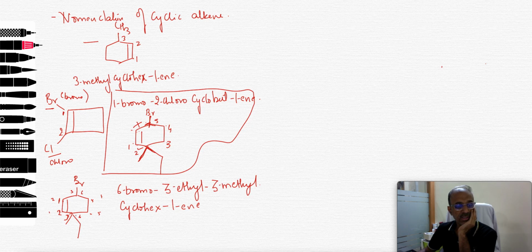1, 2, 3, 4, 5, 6. Since this is the more complex one, it has two branches, then this has to be given the first preference. So it will be 1, 2. I can't go from here 1 and 2 because the double bond is starting from here. I have to take the complete double bond. So it will start from 1, 2, 3, not 1 and 2. Okay? Then 1, 2, 3. So it is 6-bromo, 3-ethyl. Okay? Fine. Now we will see